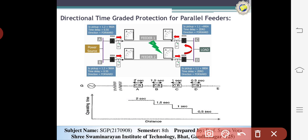You can see that for feeder 1, meaning A, the pickup value is 1.2, that is 960 amperes. The delay time is 0.55 and the direction will be forward. You can see the directions here. In a similar way, B has 960 amperes, and likewise C and